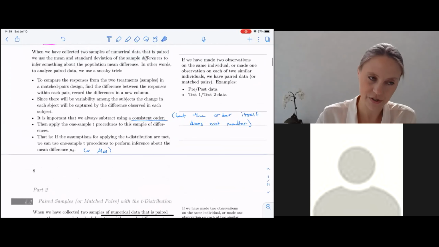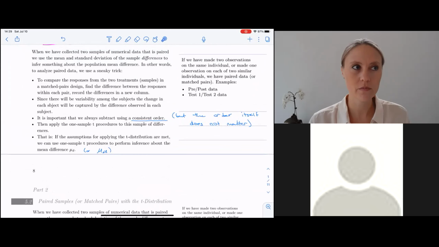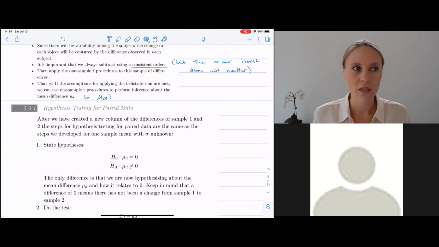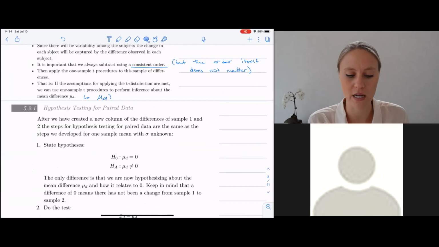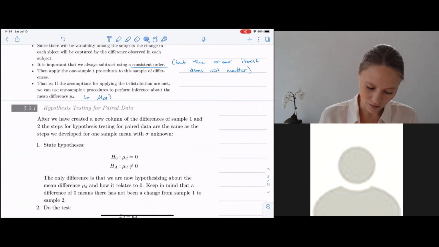All right, let me just grab some more notes here. Okay, so hypothesis testing for paired data is basically the exact same as for one sample mean with sigma unknown, which we just covered earlier in chapter 5, right? What's nice is once you've identified that you have paired data or kind of a matched pairs type of problem, then unlike